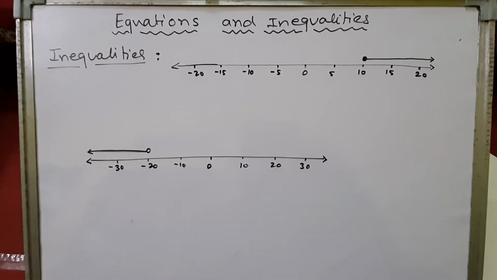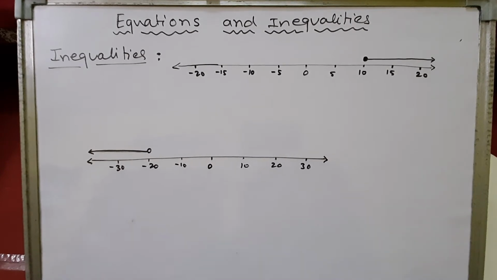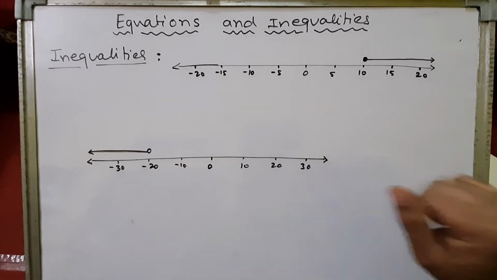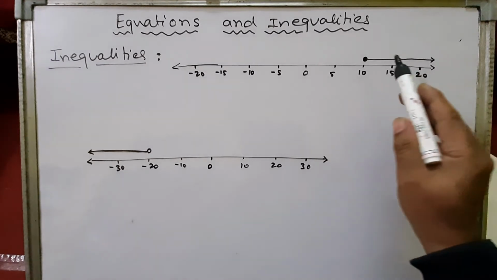Now these are a couple more examples. Here we can see two number lines are given. And the question says write down an inequality to describe each of these solution sets. So these are the two solution sets given. We have to describe them by finding the inequality of these solution sets. Now let's discuss, let's repeat the concept that we have studied.